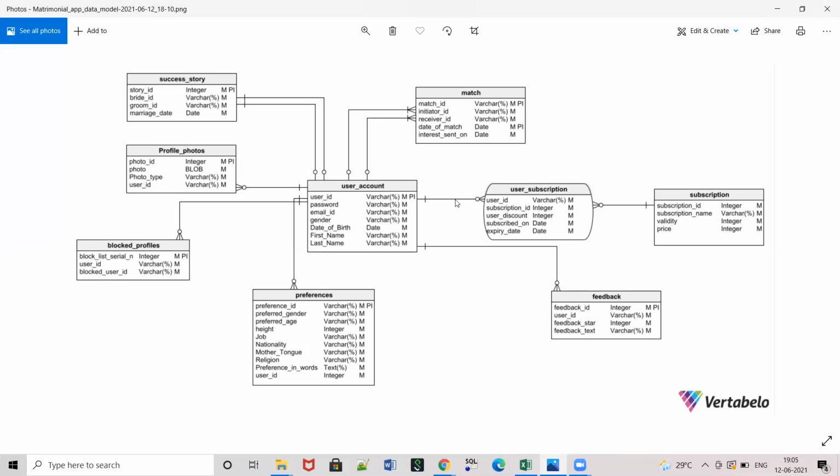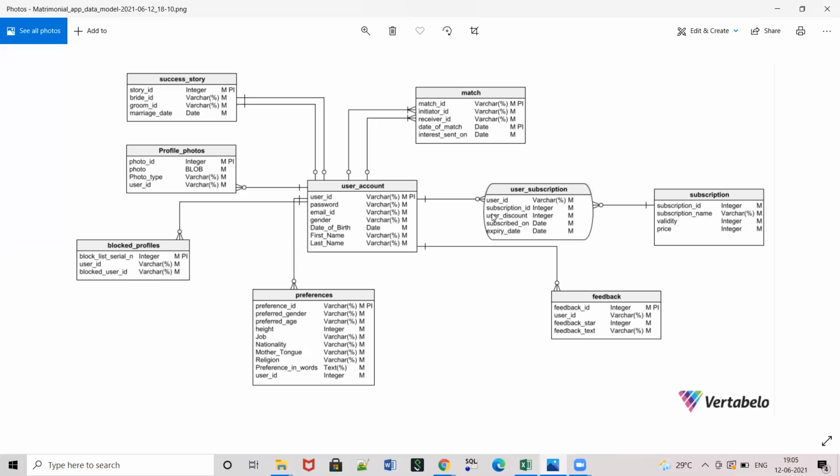So there is a many to many relationship between user account and the subscription, and that can be resolved by introducing an associative entity in between. So here this associative entity will have the keys of both sides, that is the user ID and the subscription ID, also the user discount. So if you are a loyalty customer or something, they can give you a special discount that is related to this.